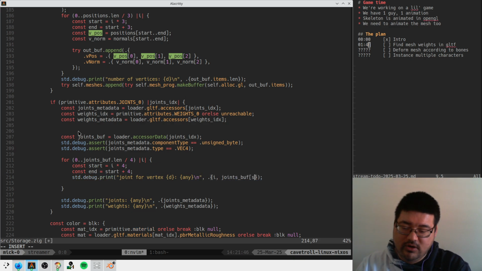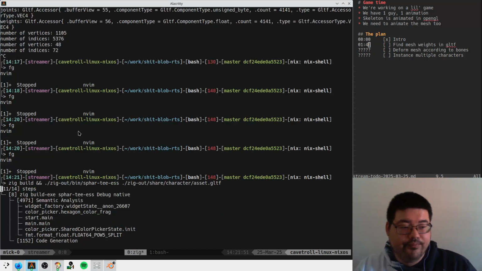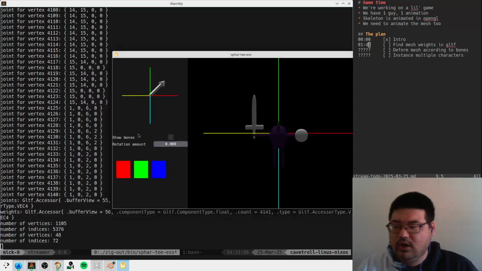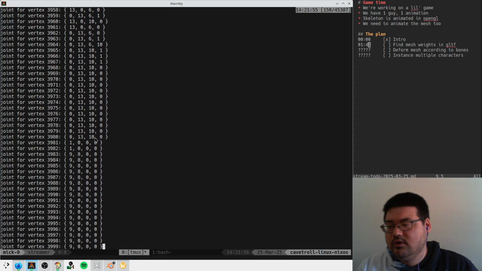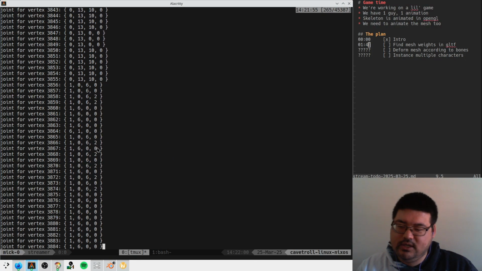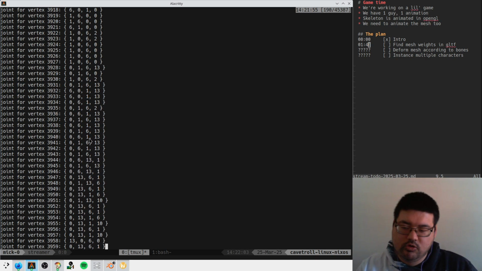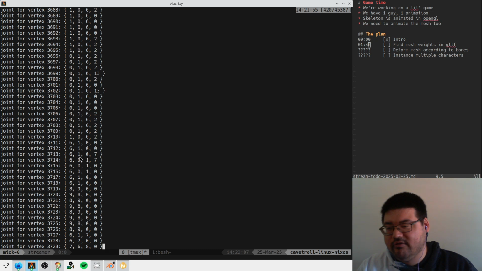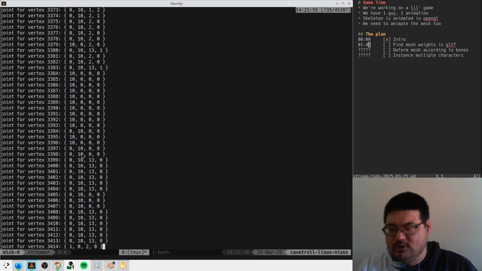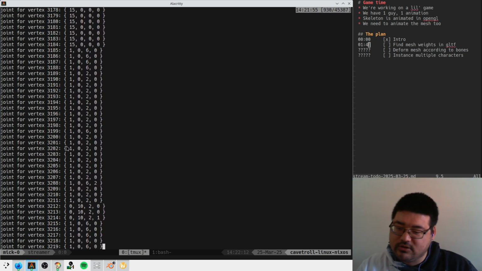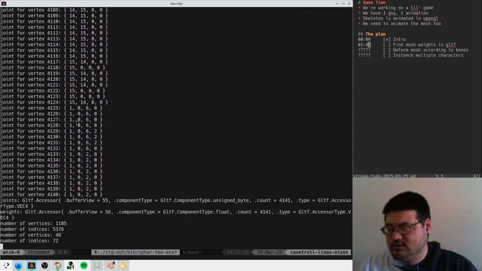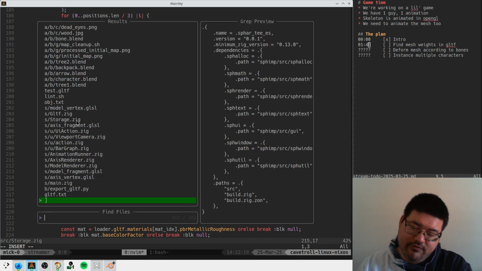Joints buff from start to end. Okay. Let's see. Okay. So this is not crazy. Those are reasonable numbers, right? We're seeing everything is kind of, hand wavy, between 0 and 13. I think 13's like 15 here. Okay. And so if we look at the joints buffer